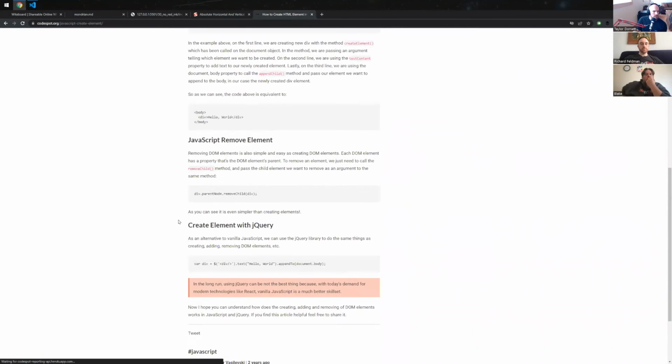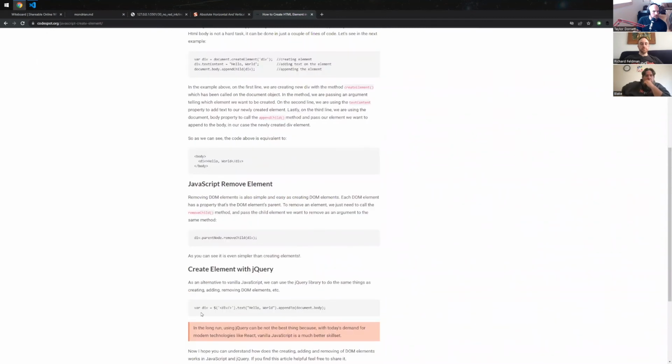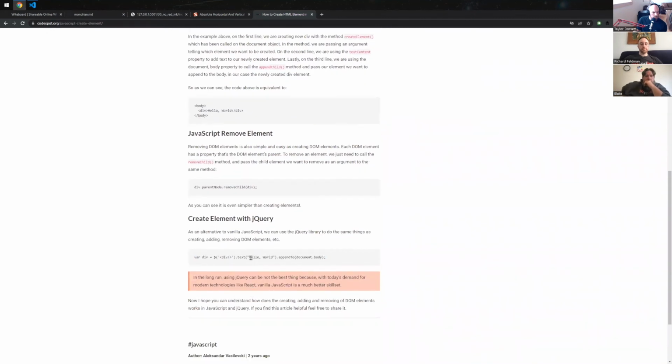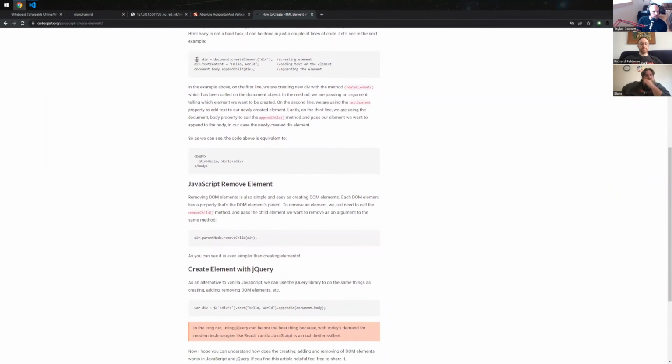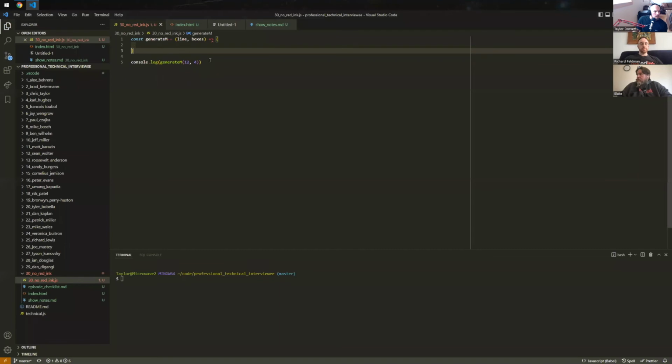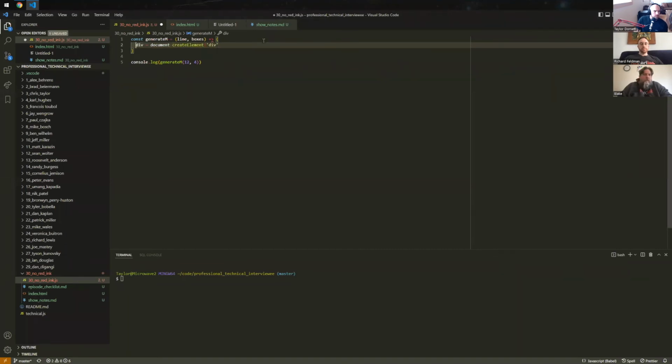Kind of just want the syntax. Yeah, so something like this is what I was used to in jQuery. Cool. Let's see what the JavaScript equivalent is. Yeah, okay. So we can create an element. We can append that. Let's see. Okay, so let's see if we want to make our